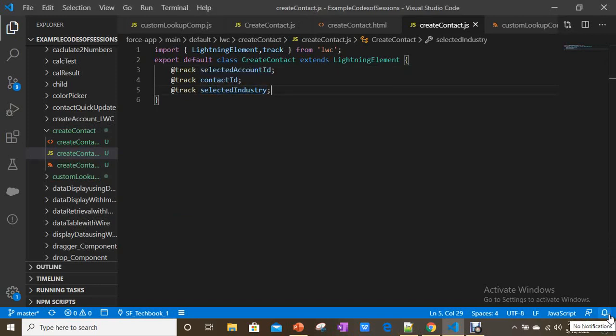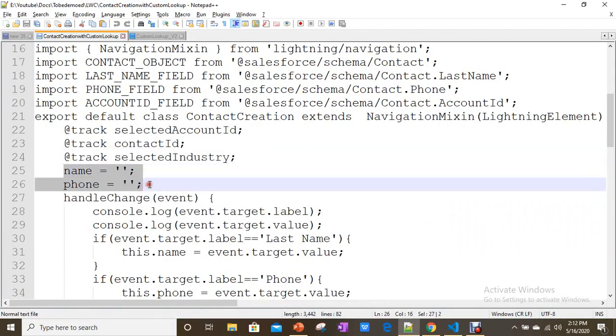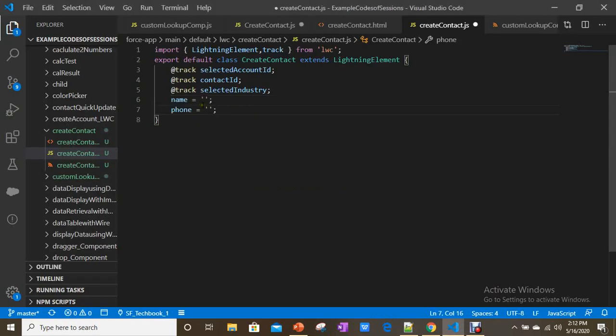If you are using normal properties on your Lightning Web Component, from input to JavaScript and JavaScript to input fields on the markup, now you don't need to use the track decorator. It will be reactive automatically if it is a private variable. Now you can also use name and phone. See here, name, phone. I am not using any track decorator here, right? But still it will work.